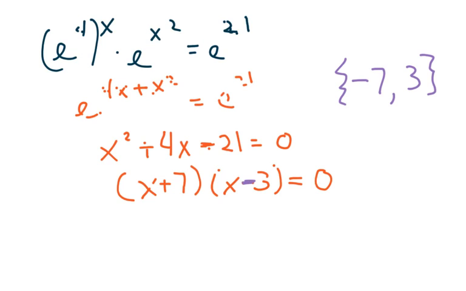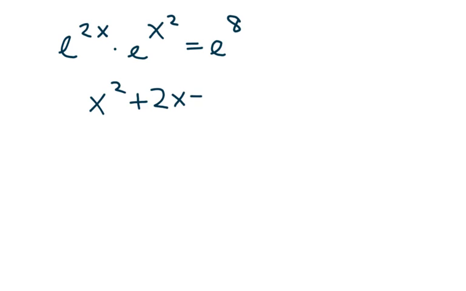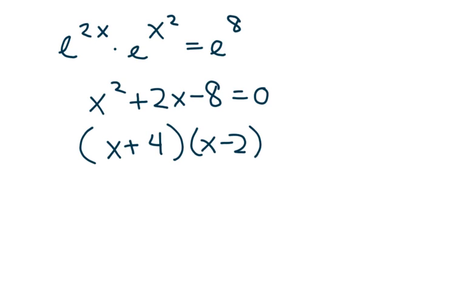Alright. Okay, now I'm going to quickly do 4 more. I'm going to try a different pen here. We have e to the 2x times e to the x squared equals e to the 8th. So we get x squared plus 2x minus 8 equals 0. That's going to be x plus 4, x minus 2 equals 0. So my solution set is negative 4 and 2. Next one,